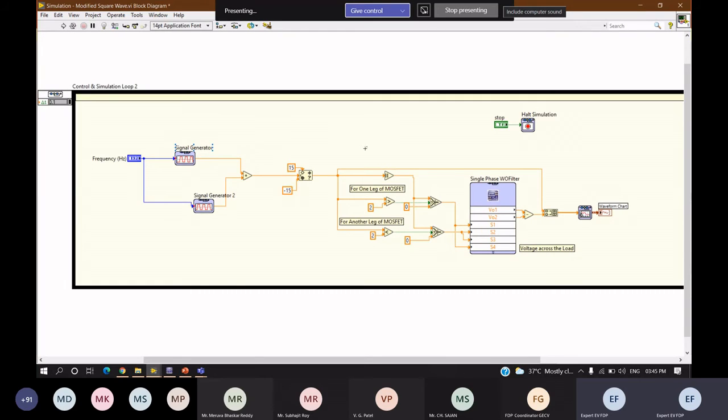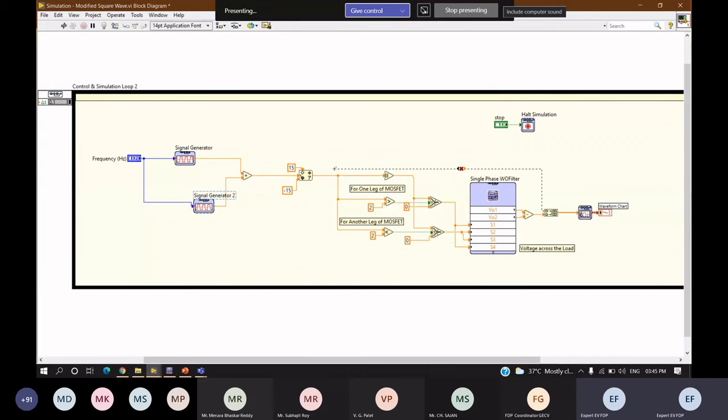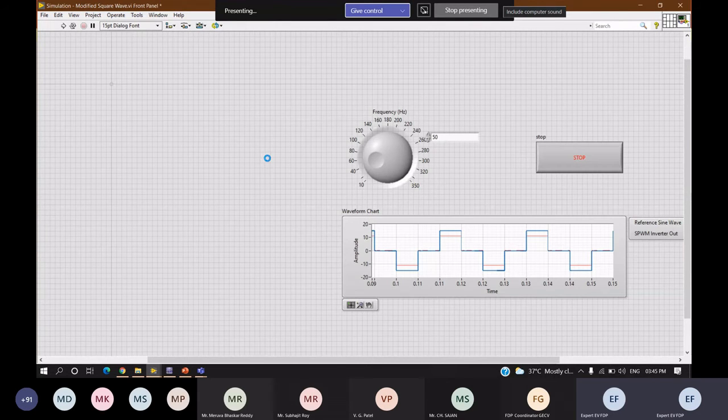So better, instead of passing this, I'll pass only the reference sine, so that you can get a better understanding. Okay, so I'll just run this.